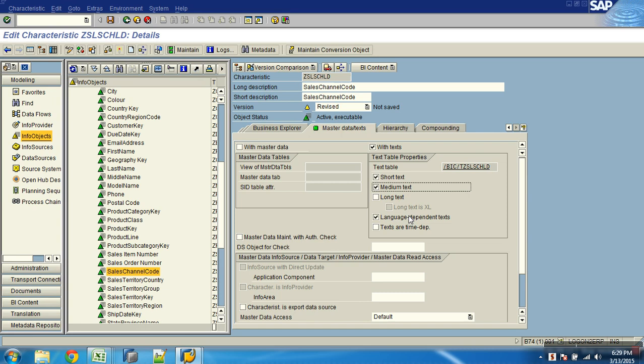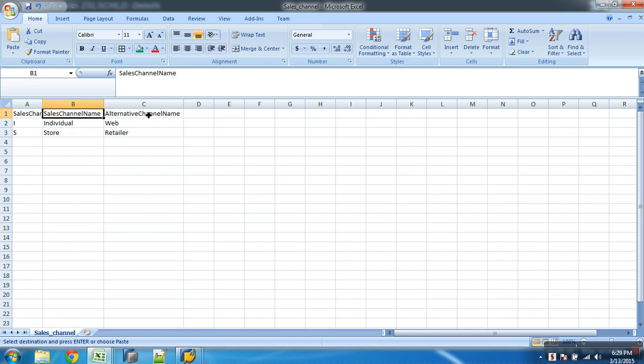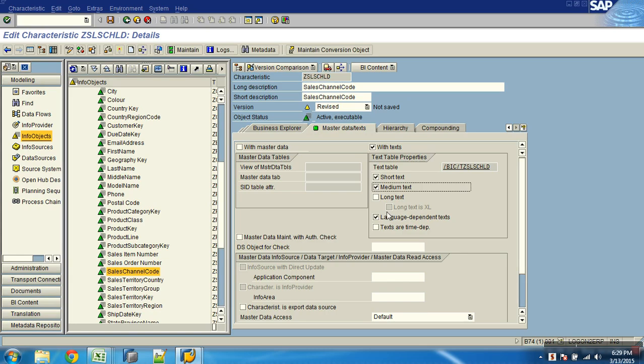And do you want it as language dependent? In the source, does it give you descriptions of different languages or only one language? Only one language. So I can remove this language column from the text table because I don't want to maintain descriptions in multiple languages. But for now I don't have it, and at a later stage I might have a requirement where descriptions come in multiple languages. So shall I keep it like that? Let me keep the column, because later I might use it. There's nothing wrong in having it, because even if I store in one language, having a language column is of no problem.